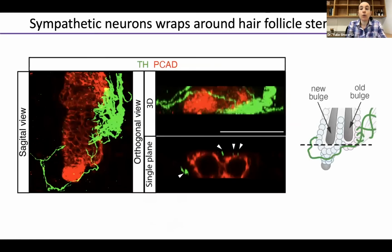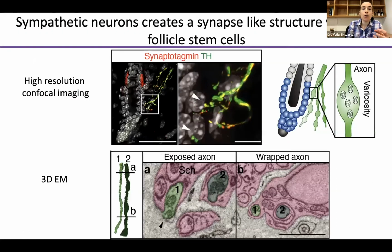Next, I wanted to further understand the cellular interaction between the hair follicle stem cells and the sympathetic nerve. You can see here the sympathetic nerve in green and the hair follicle stem cells in red. And you can see that the sympathetic nerve really wraps around the hair follicle stem cells, creating multiple contact points. To further analyze the nature of these contact points, we use both high-resolution confocal imaging as well as